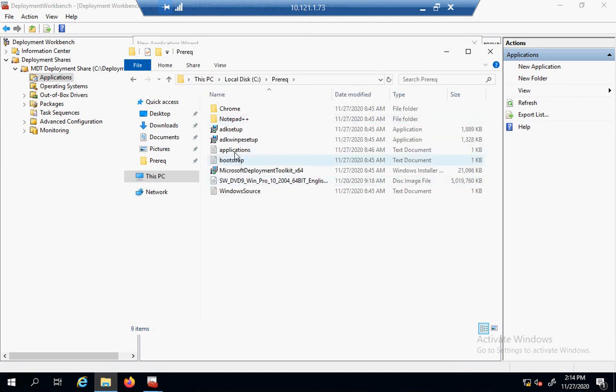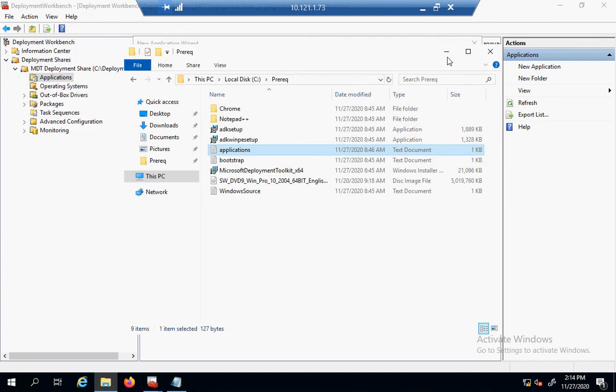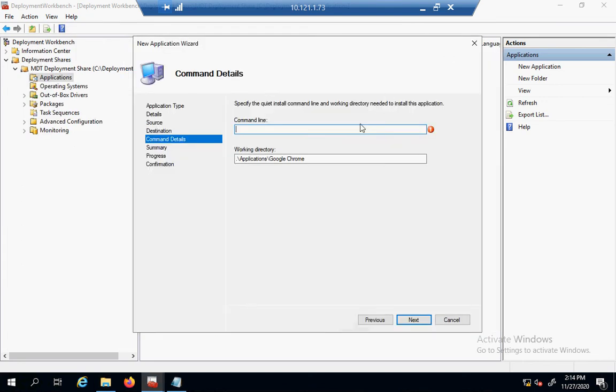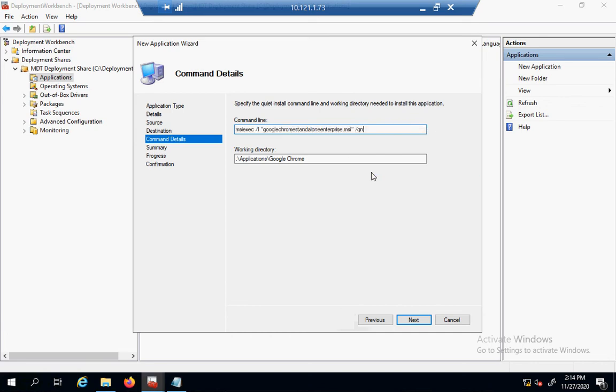Here's our applications text file. And this will be available through the Google Chrome's documentation. Now, you'll notice that in my syntax it does quote an MSI file. So the regular download that you get from Google Chrome's webpage, that's not going to work. You'll have to go get the standalone enterprise installer. I believe if you just Google that term, you'll get it. So once you have that, you hit next